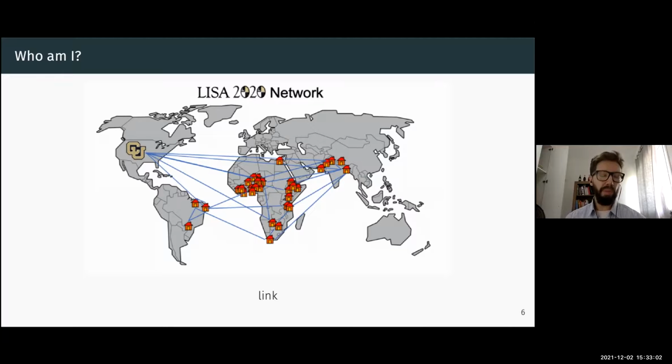We are in a network of labs in developing countries. There are 3 labs in Brazil: in Natal, the one I am part of, in Teresina, here in the Northeast, and in Paraná. But there are also labs in India, Nigeria, Ethiopia, South Africa, and there's a central coordinator in Boulder, Colorado in the United States. This experience I have in this lab and in this network of labs gives me some knowledge to talk about statistical collaboration.